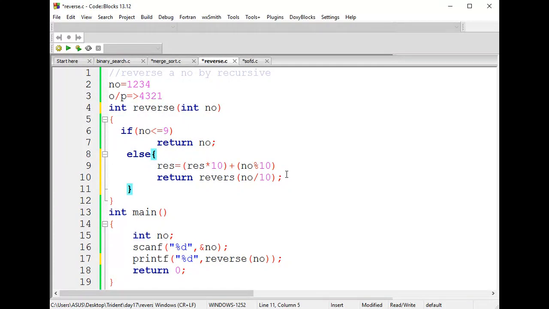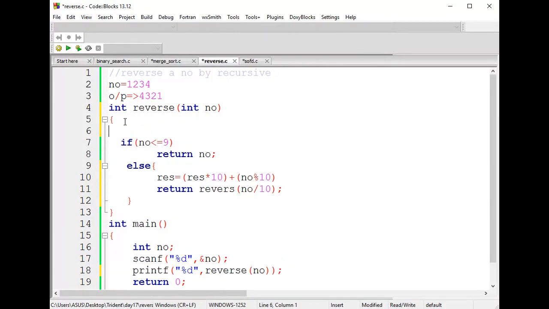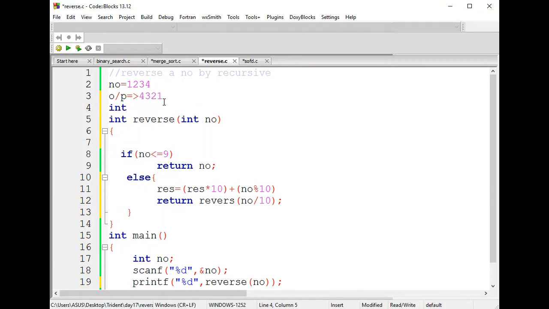Initially, I can declare one variable as a global variable and initially this result is 0.